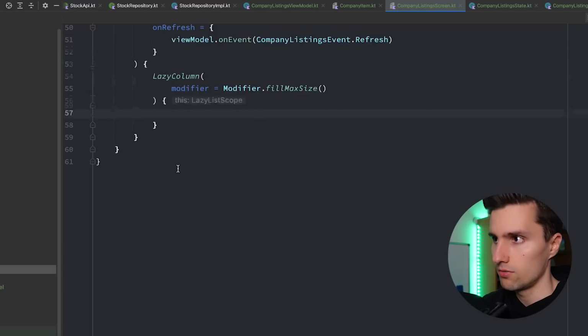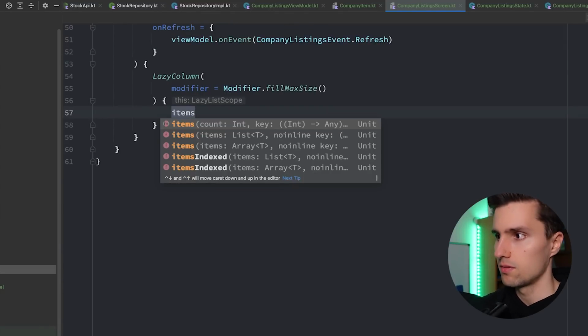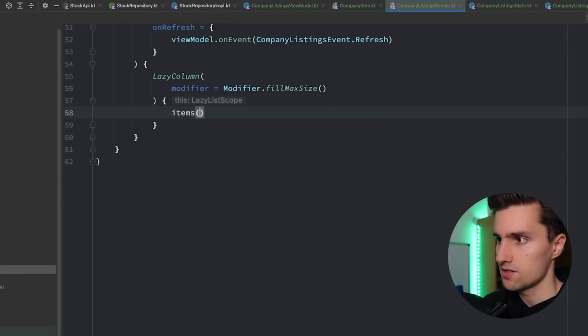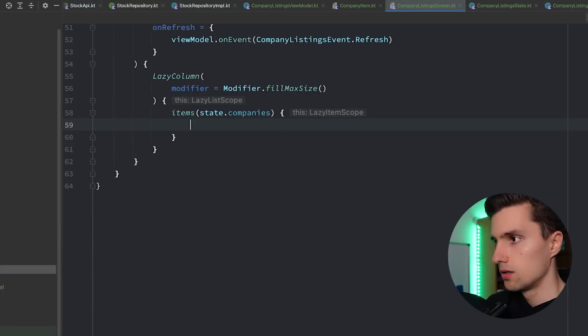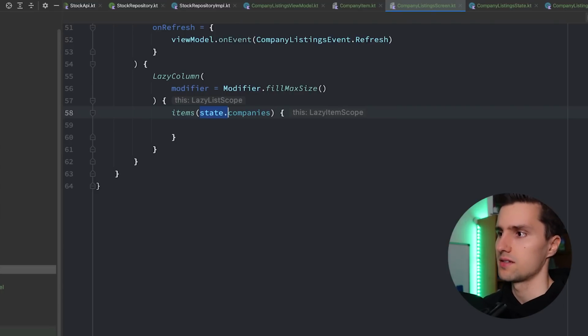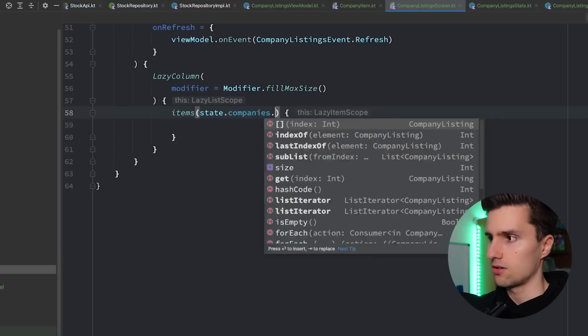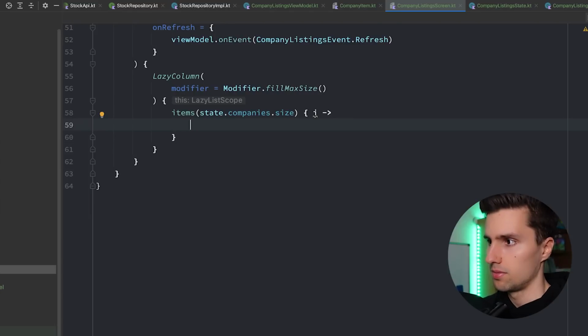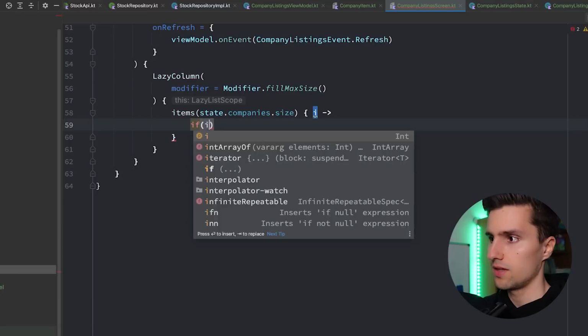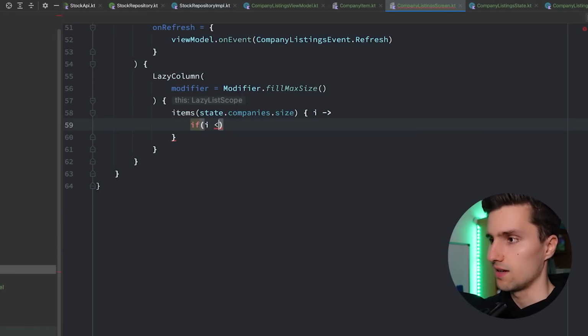And here we're going to have an items block with the list of T, and the list will be our company listings list. And let's actually not do it like this. Let's instead say items state.companies.size, and instead get an index here, because if that i is actually less than